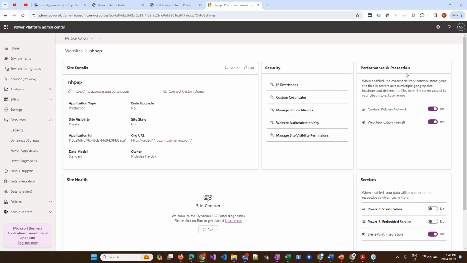Next, we've got the performance and protection. These are two great little buttons that have been added in the last couple of years. The first one is the content delivery network. If you're not familiar with CDNs, essentially it distributes your static files, images, JavaScript files, CSS files, things that don't change very often, to servers all over the world, so that when a user goes to access it, rather than downloading it from one central location,